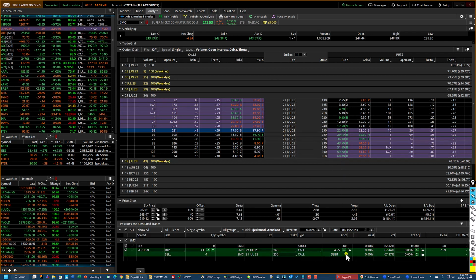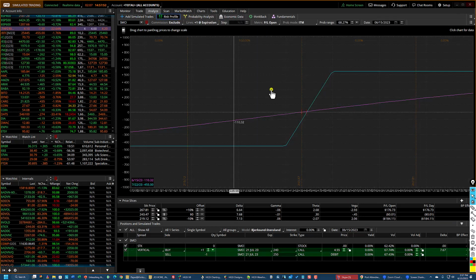I can pay up to $5.20, so it's within the range. So I look at the risk profile. Now, though, on a $10 wide spread, the minimum commitment I'd have to put up is more margin, and I could lose $4.55 if I wrote it out to the end,